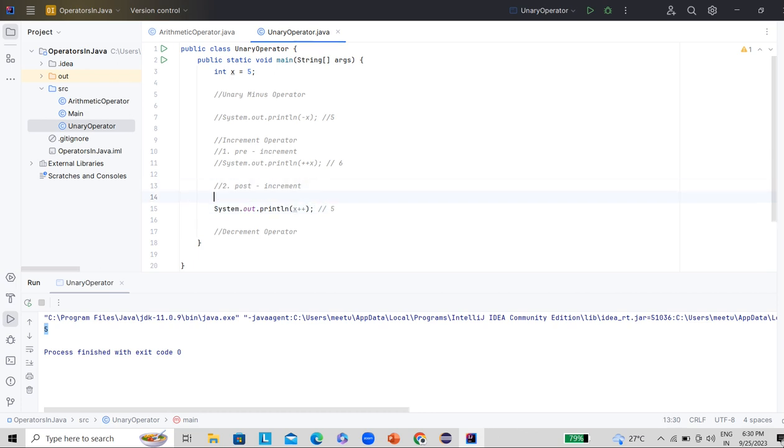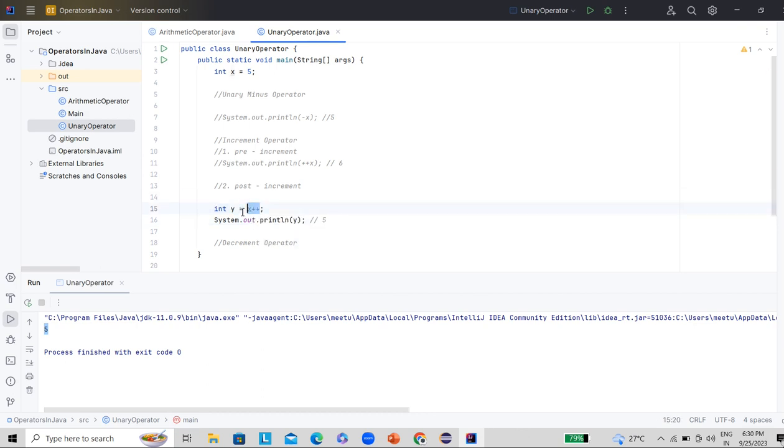For example, if we create another variable, let's say y, and perform the same operation, y equals x plus plus, and then we print the value of y. Here it is going to print 5 again, because first we are assigning it.